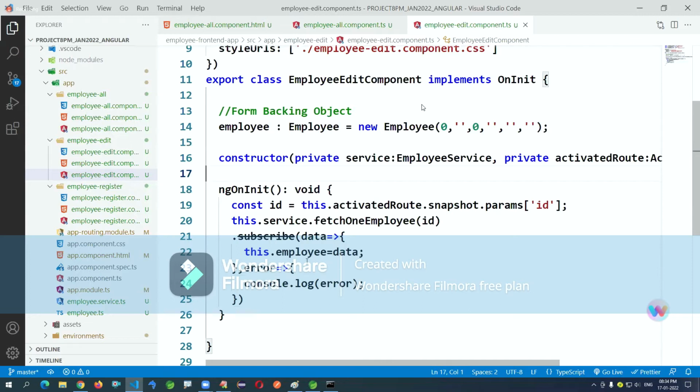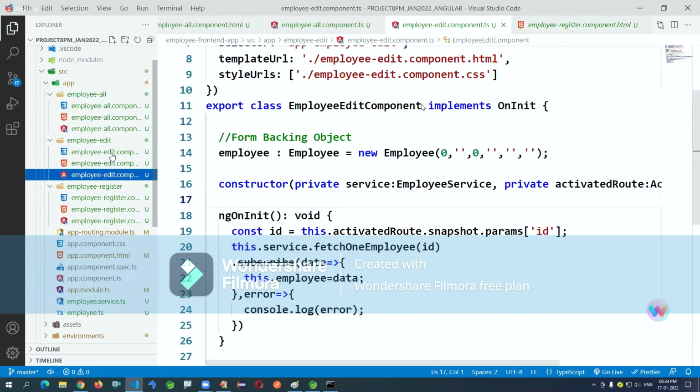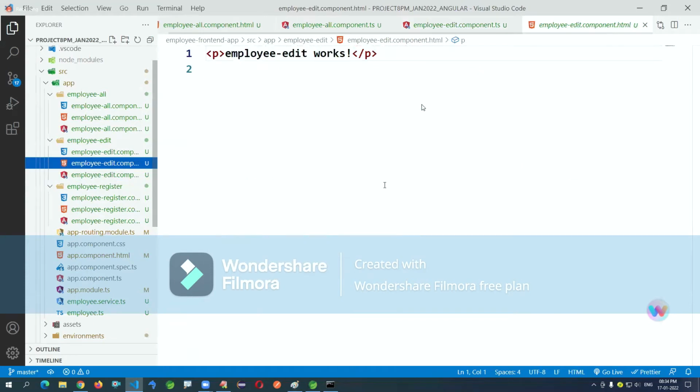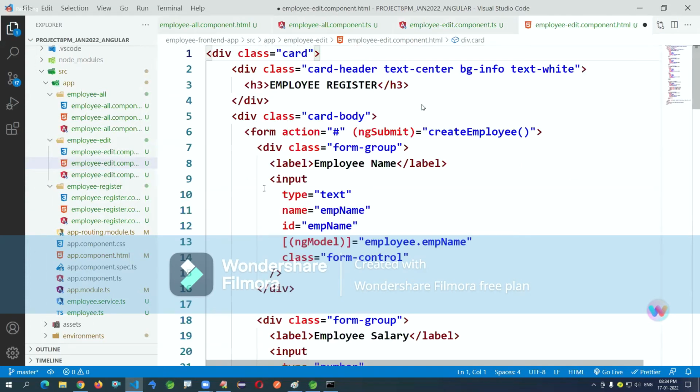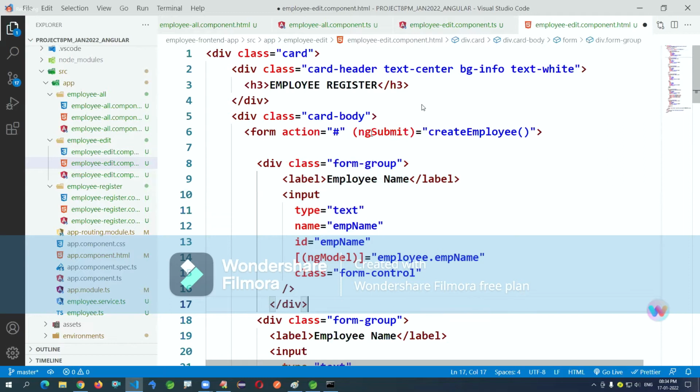Okay, so here we have the register component HTML file. The same component, I'm just copying and pasting here. But this time I want to add one additional input, employee ID, EMP ID.